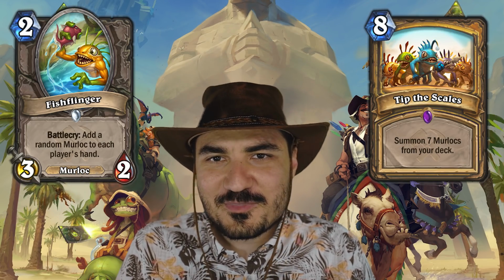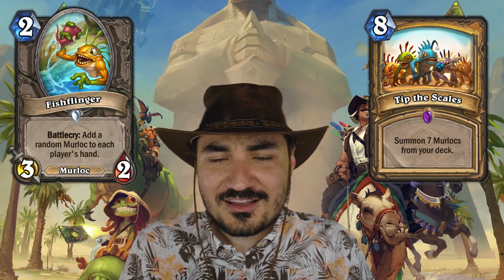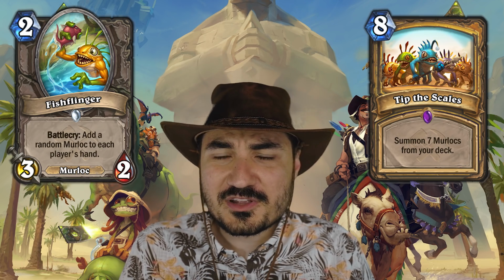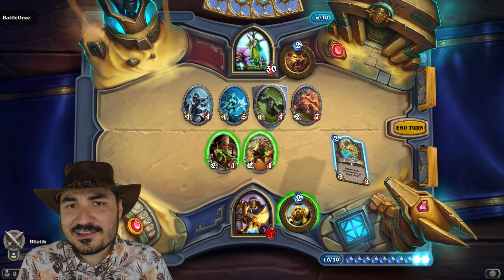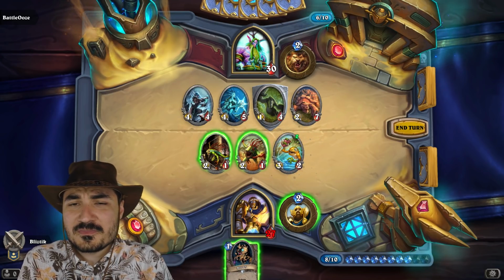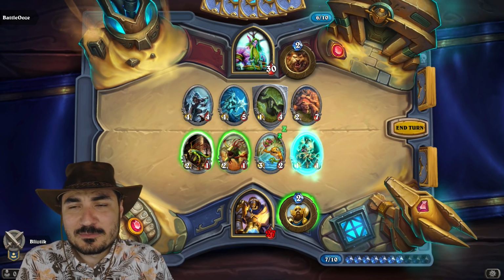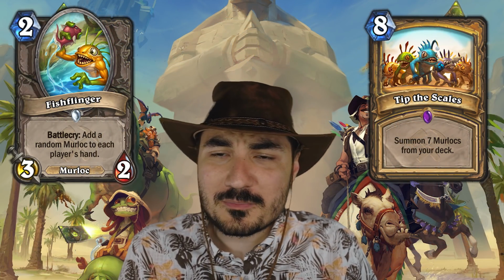First off, let's talk about it real quick. Fish Flinger. The 2-cost 3/2 Murloc. Battle cry, add a random Murloc to each player's hand. It's a neutral card, so you can play it in your good old Murloc Shaman. The basis of this card is, it's pretty fair stats. Yeah, both players get a Murloc, but the idea is that you play this when you are playing a Murloc